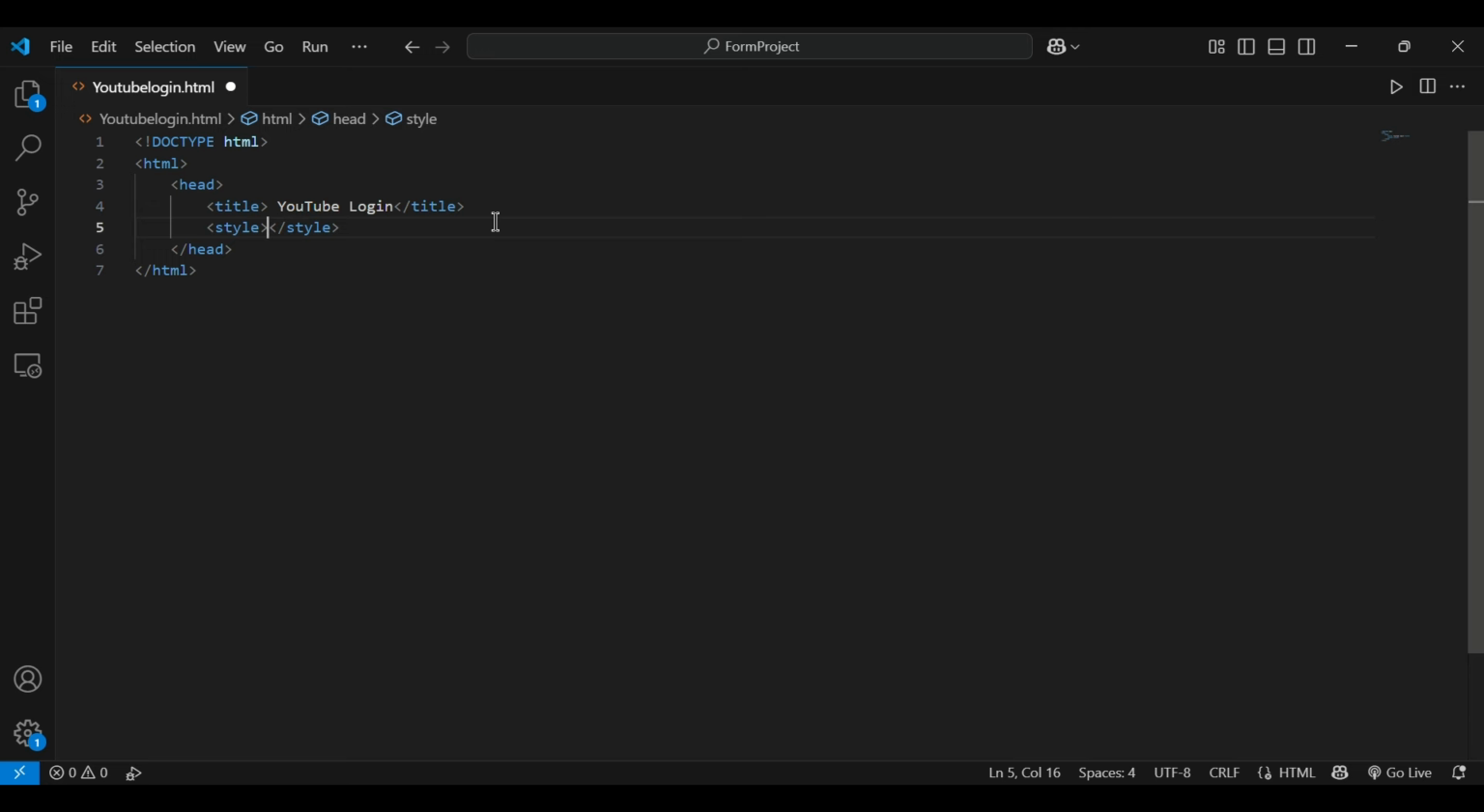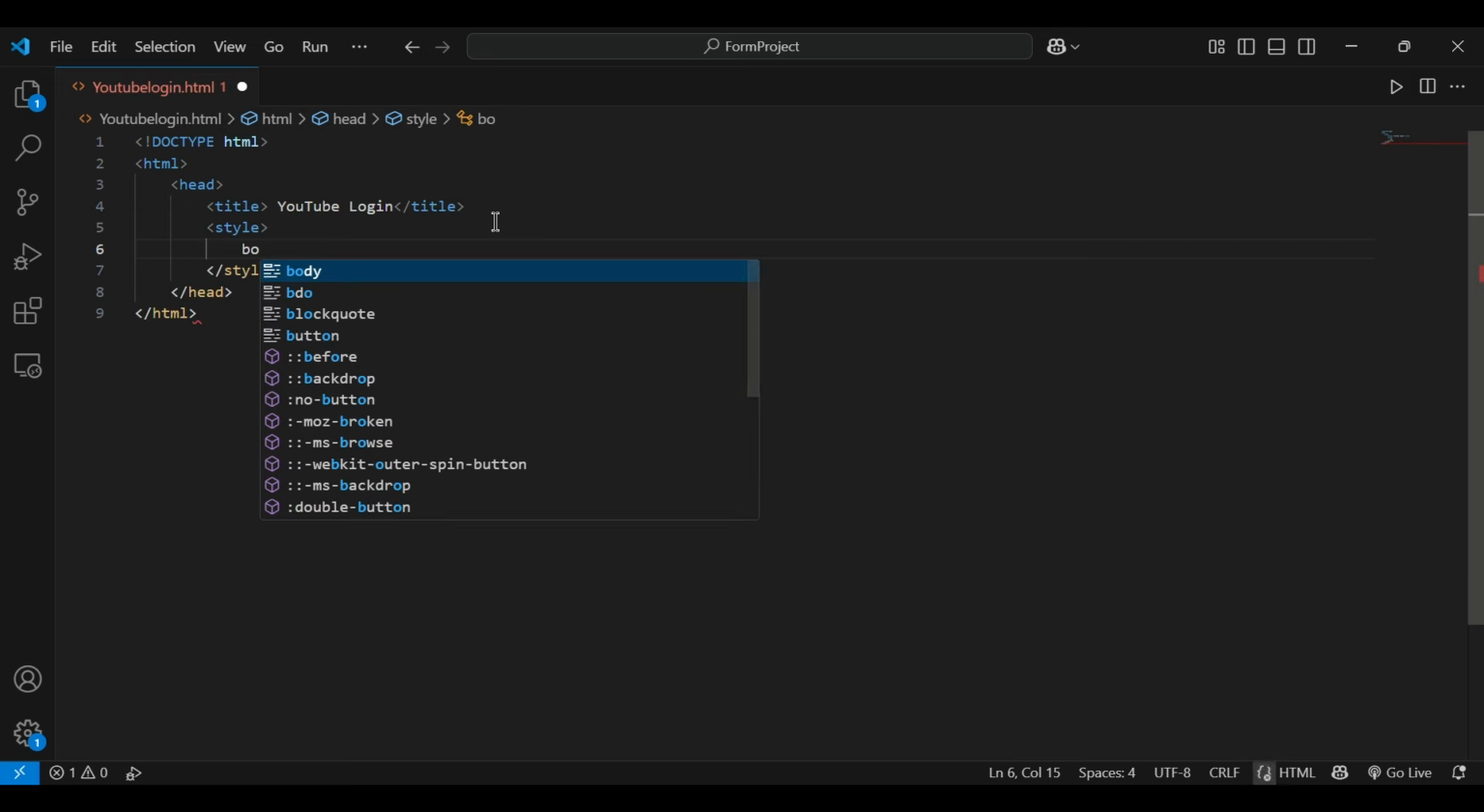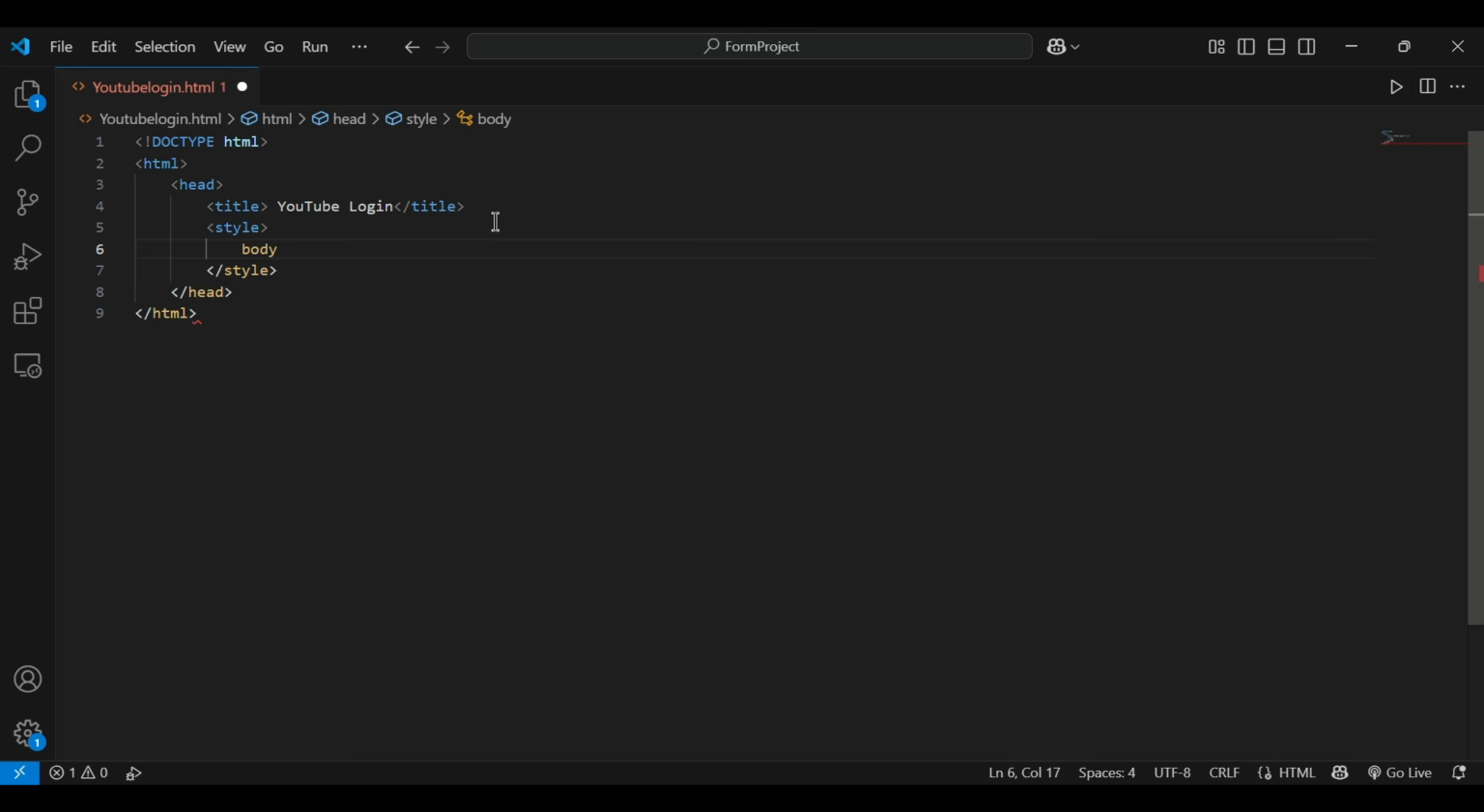For the body, I'm going to style my entire body, but only a small thing right now. So I want to make use of the body tag, and open a curly bracket. Inside it I'm going to